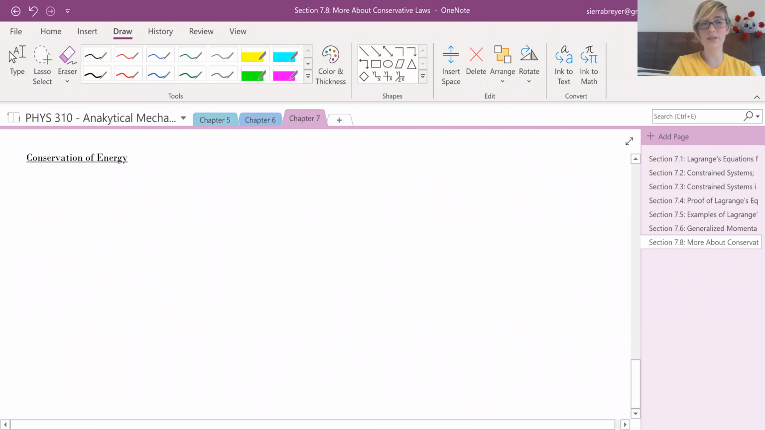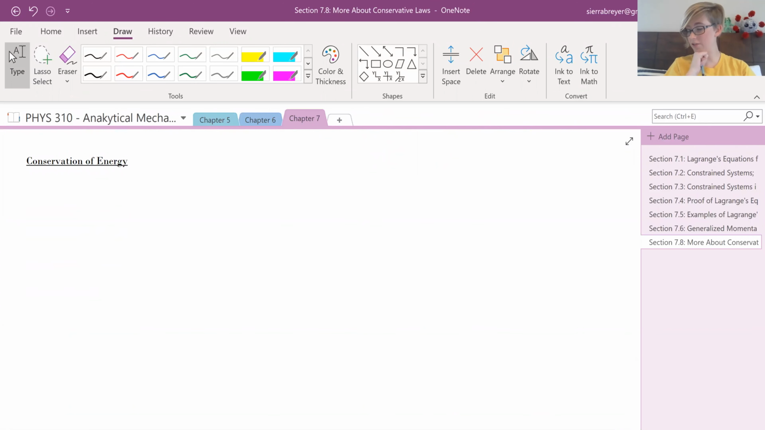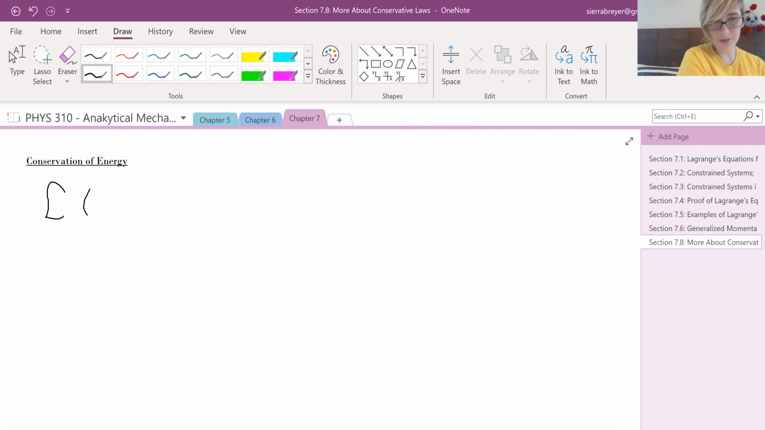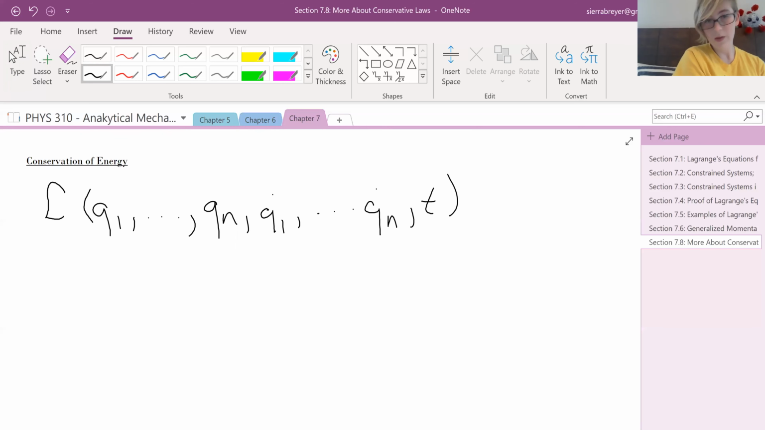So now we're going to focus in on conservation of energy. And for that, we're going to first take our definition of the Lagrange, but the long one. It's not the one that's nice for me to write. All right, so we're going to take that one, and